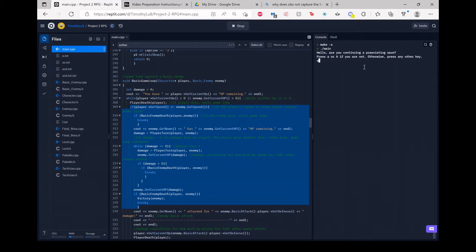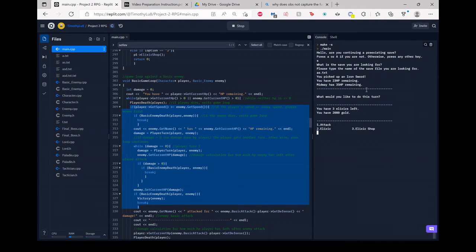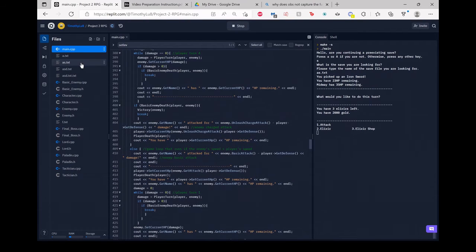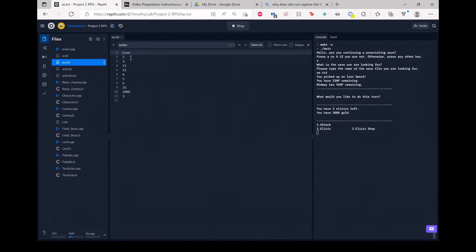So let's try it with a file that exists. So let's do as.txt, and as you can see, we're back to Midway with all our gold, elixir, all that stuff. The way that the program knows that is based on the number that's right here. So this number is